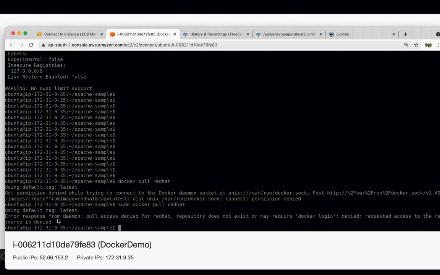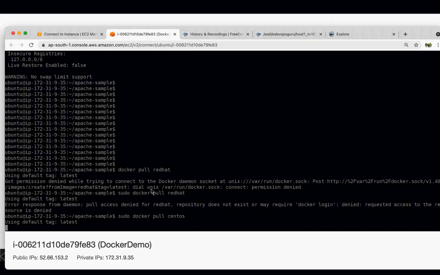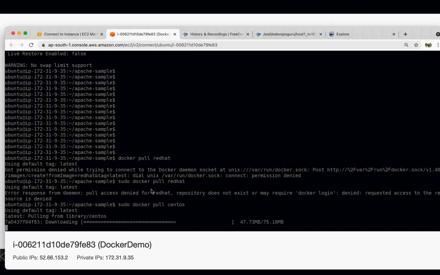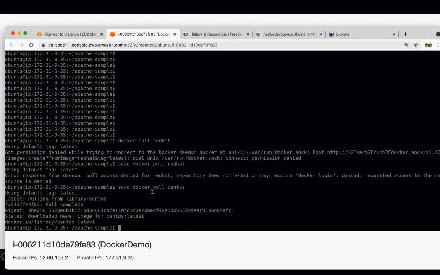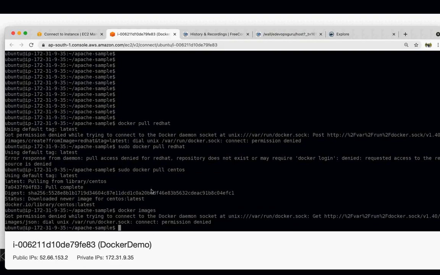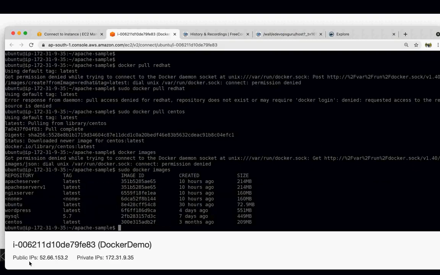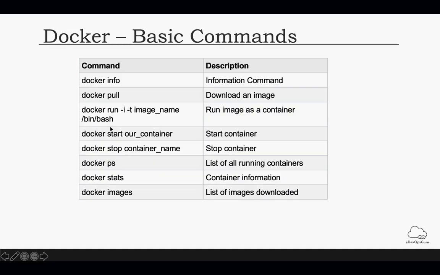It will download the latest files. Docker Red Hat, I guess, is it CentOS? Okay, let's pull CentOS. Now it is pulling CentOS from the central repository, Docker Hub, onto my machine. If I run docker images, you can see we have CentOS, created 3 months back, and its size is 209 MB.